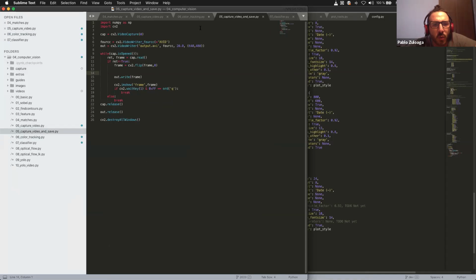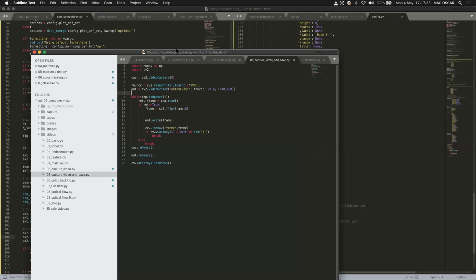But I'm not sure why. So in the capture video, I think that depends a little bit on the machine and on the format. I'm not fully sure about this, but I know that this is an issue, that sometimes you have to flip the image. And that's why in this example, in 05 that I skipped,